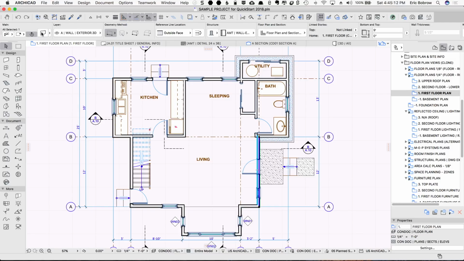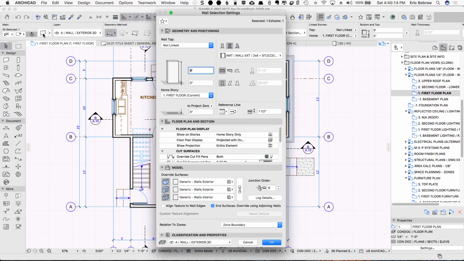If I go and click on this little icon here of a wall, it'll bring up the wall selection settings. That indicates that this wall is selected and editable, and I could change it. Let's just say that I wanted to make it 10 feet, make it a little bit taller. Now, of course, that might be an issue in terms of this particular design, but I want to point out